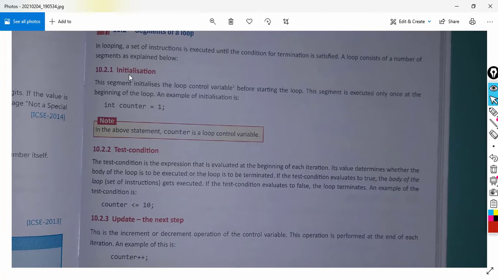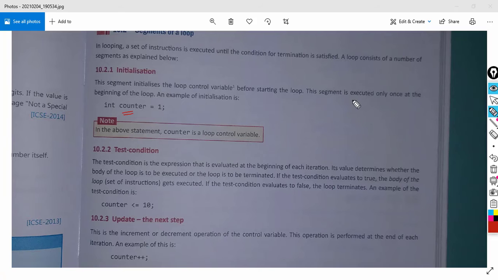Initialization means there will be a variable, in this example, counter. This counter is the variable, so this counter is known as the initialization. Every loop contains a variable. That variable will control the number of iterations.